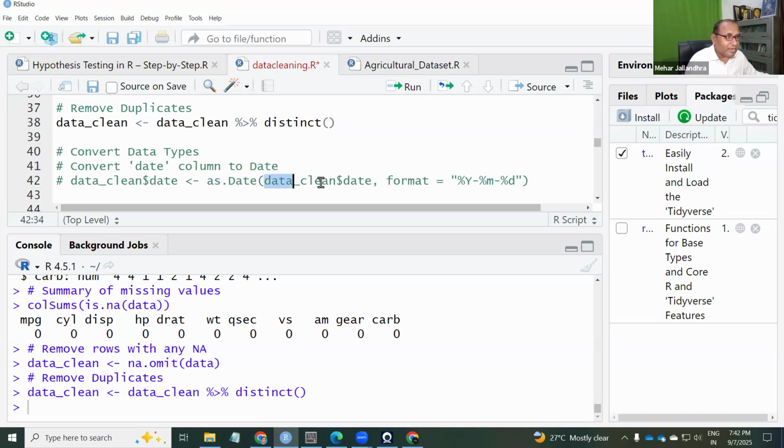Here you will put the data clean, and from the data clean we have the date, and this is the format. Okay, you want to use this format. So according to your need, if you need to convert any value or you want to replace, sometimes suppose that we have